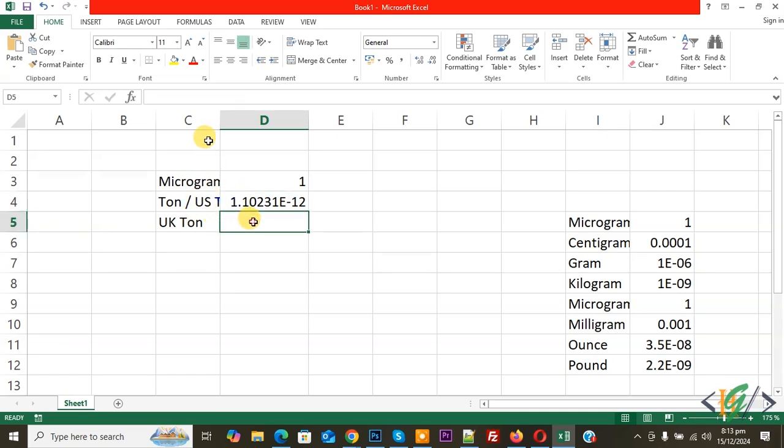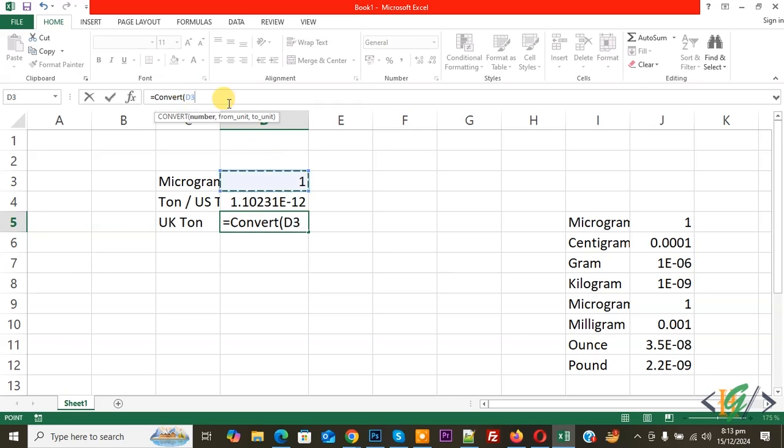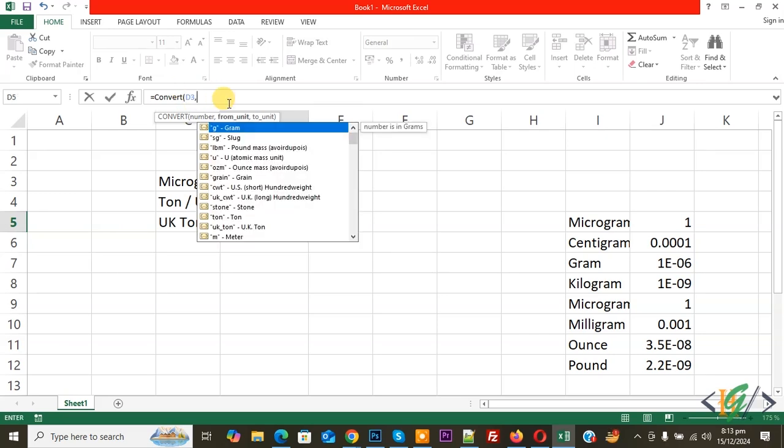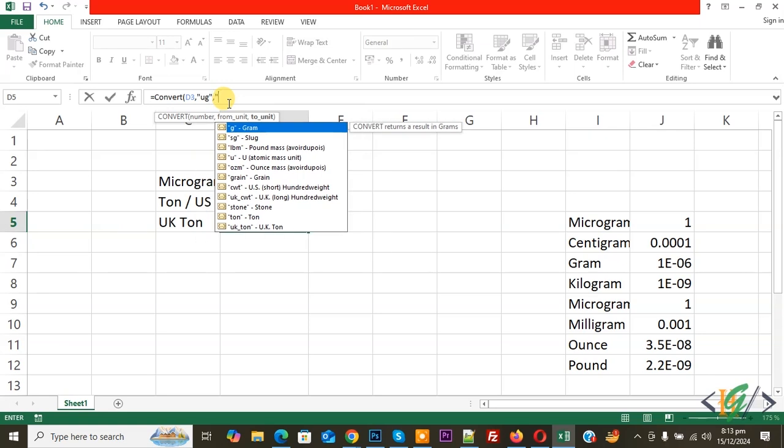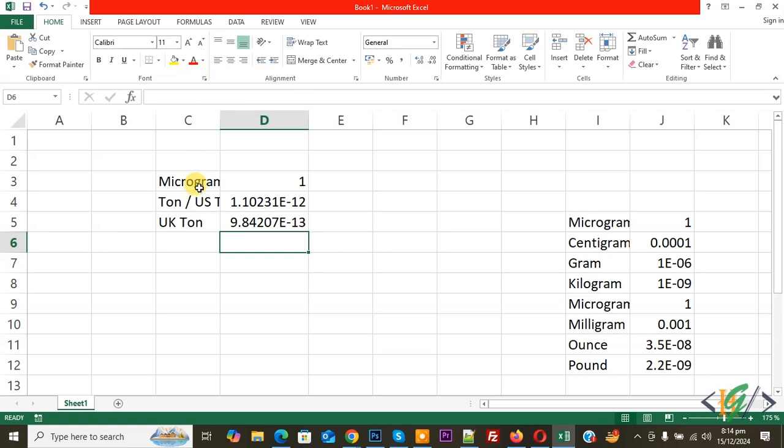Now select cell, on top you see formula bar, so click on it, then write here equal, then write here convert. Now start bracket, now select cell 1 D3, now add comma, now start inverted comma, now add UG for microgram, now close inverted comma, now add comma again, now start inverted comma, now add UK underscore ton TON. Now close inverted comma, close bracket, press enter, and then you see microgram weight into UK ton in Microsoft Excel,